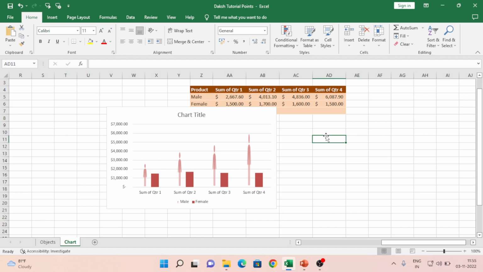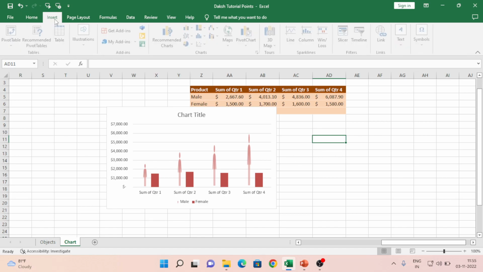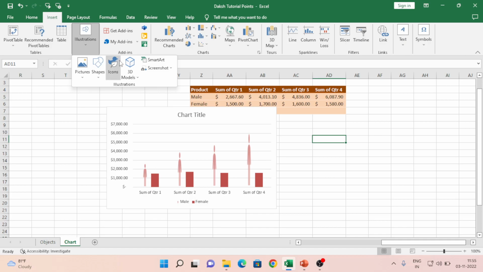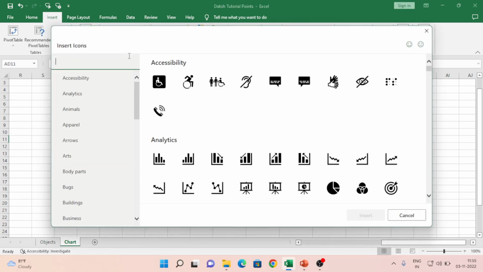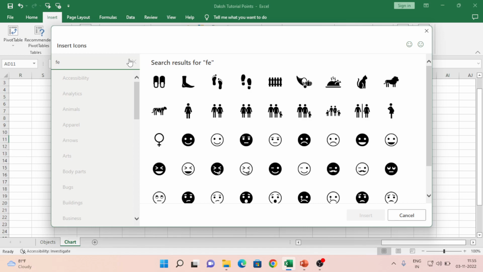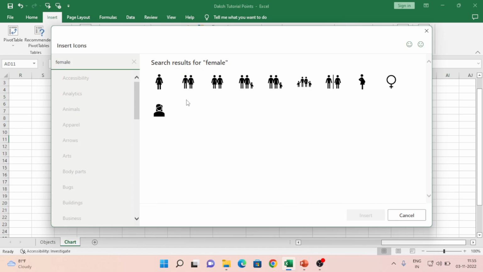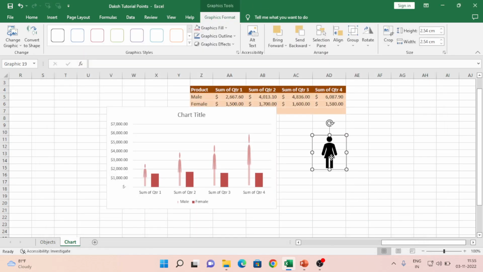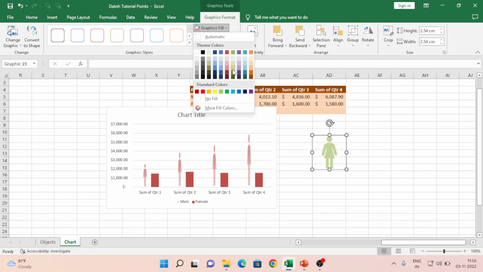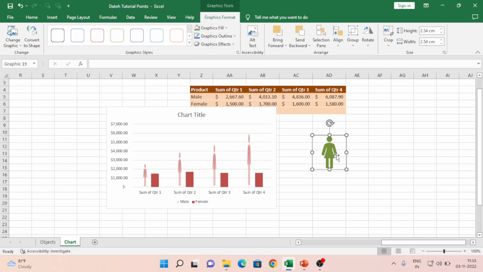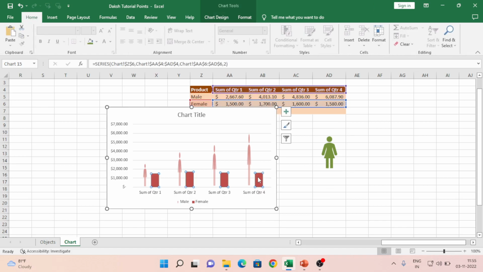Now the same way I will do for the female. So I click on the icon, and if you have it available you can use it, or else we can do that one. So I am getting this one. Click on this. Again if I want to change the color of that, we can do that. So fill graphics as green. Okay, now select this one, copy, and I select the bar and paste. So if you see that